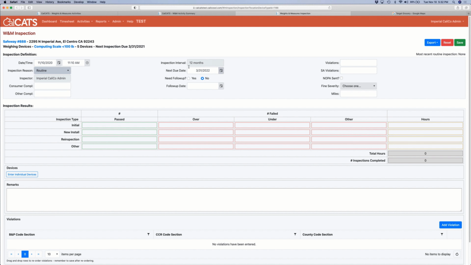If my preference, or if our county's preference is, that's not going to be calculated from this next inspection due, it should be calculated from the actual inspection date, I can just very easily override this. I could say, no, we're going to make this